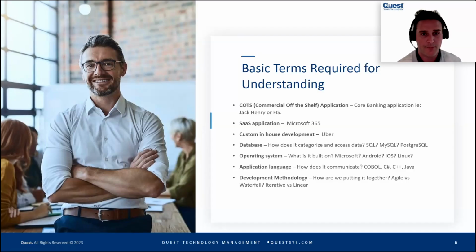Everyone's got a core banking application in Fiserv or Jack Henry or whatever. That's an example of a COTS application. It's commercially available. You've got to buy the package and decide which software application you're going to run your business on. Another good example would be an Oracle NetSuite platform or a SAP platform or Microsoft Dynamics. Those are defined assets and defined software packages you're going to buy and operate in your environment.